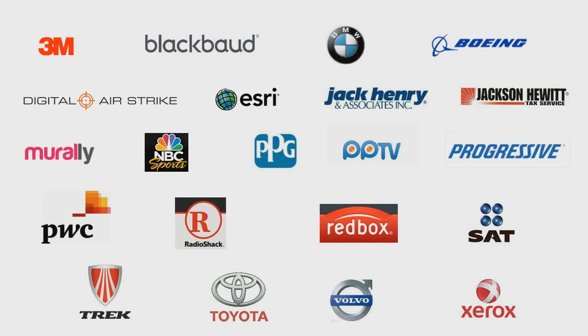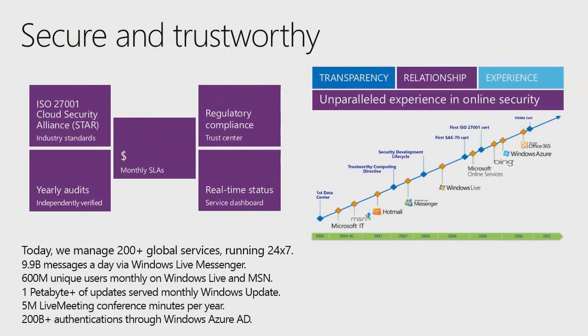And part of the reason why they've invested in our platform is that they trust us. Windows Azure represents our massive investment in the cloud and takes advantage of our experience in the industry. Today, we run some of the largest global services securely and efficiently, such as Bing or Office 365, and we run over 200 global services 24/7. With these stats to show you how large scale and global our operations are, you can rest assured that security and operational efficiency is at our core.